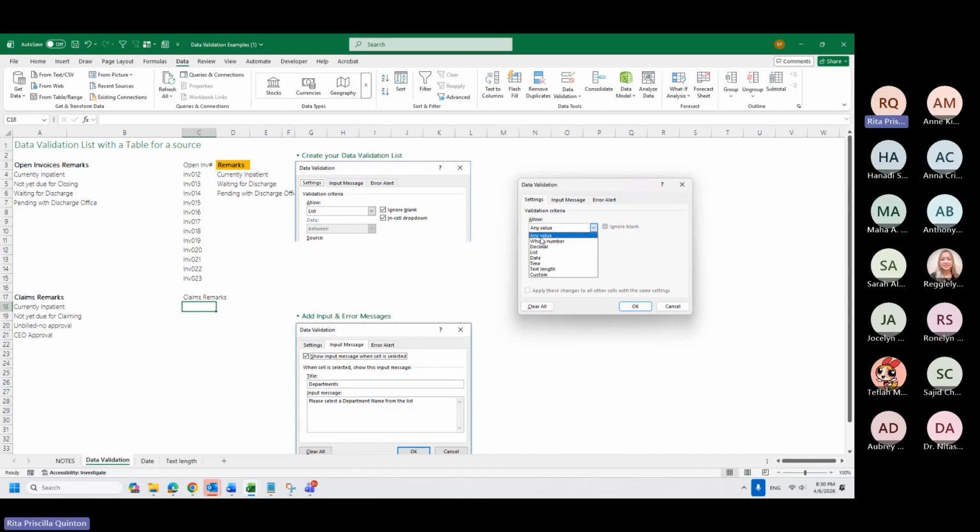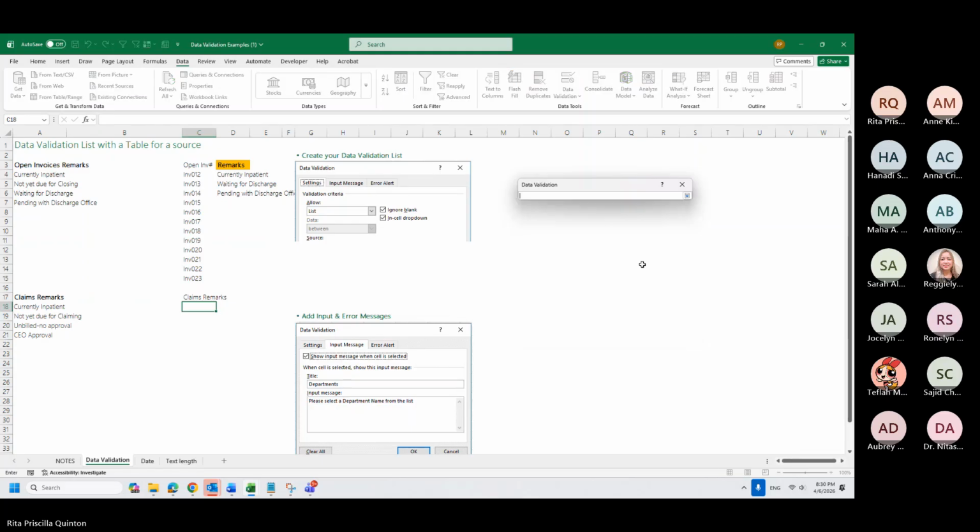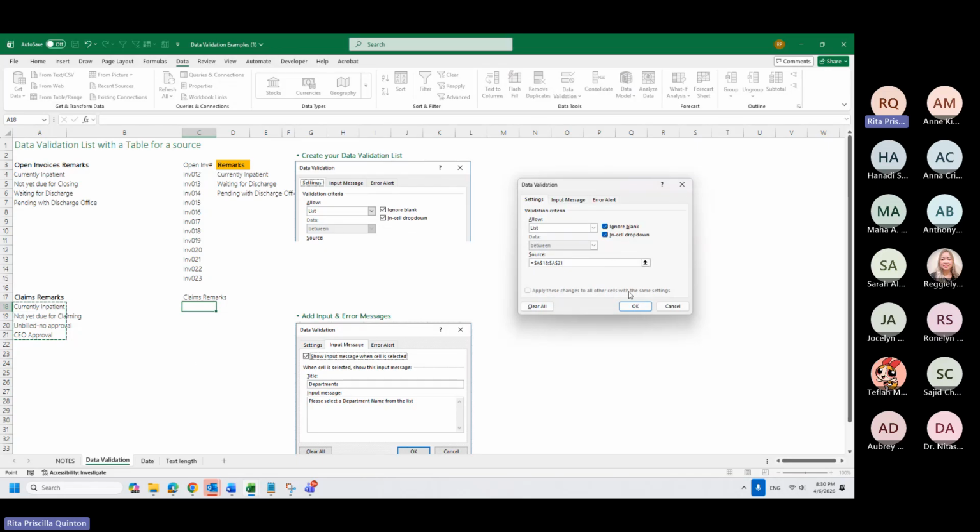Select what you want to allow. In this lesson, we will allow only what is written on the list. So it will ask you for a source, which is this. See, notice that Excel also automatically put the absolute values here, meaning it cannot move. Even if I drag down my formula over here, it will not move. It will stay the same.